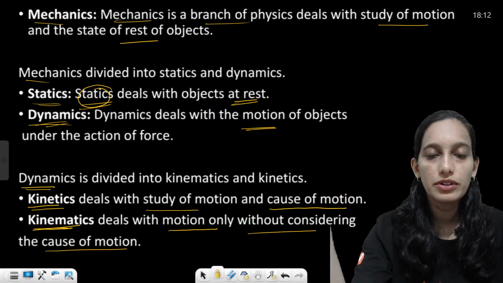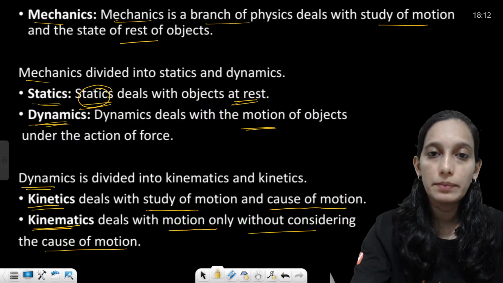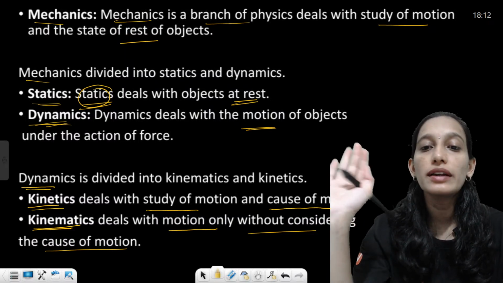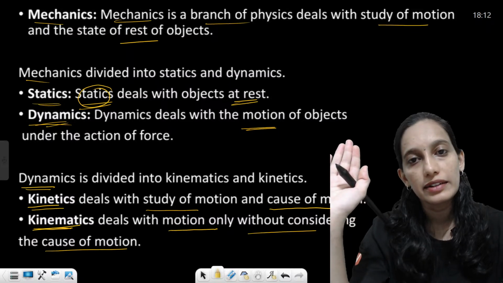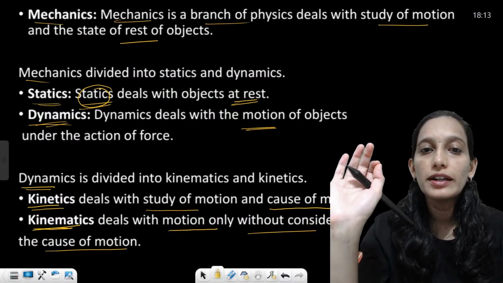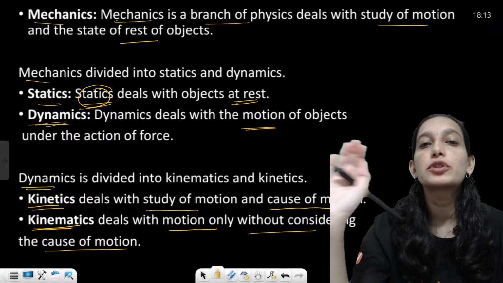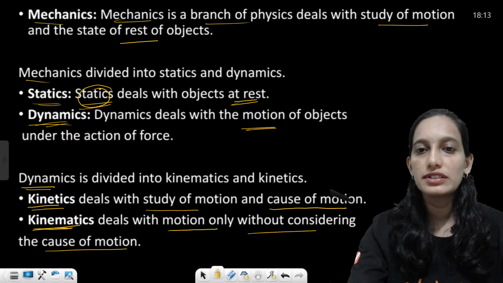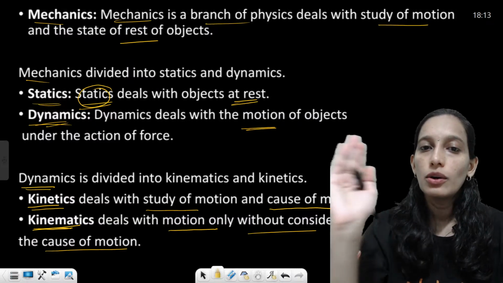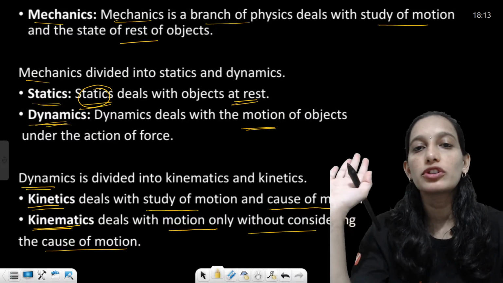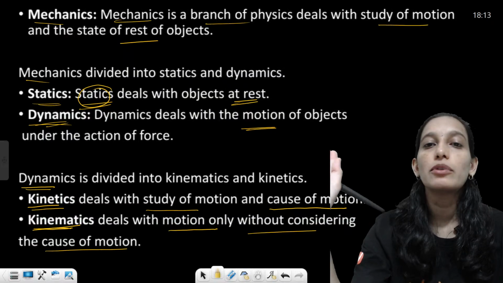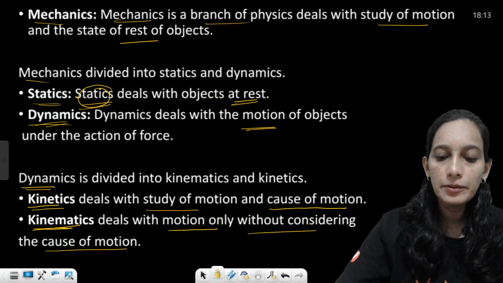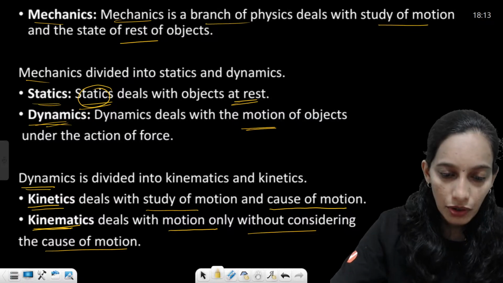But the chapter on motion in one dimension, or maybe motion in two dimensions, that is your next chapter. Okay, so motion of an object in a plane is also going to be kinematics. There we are not going to bother about the nature of the forces that are acting. We consider only the description of motion. What is its velocity, what is its acceleration, what is its position, what is its displacement. That's all. We never bother about what is causing that type of motion. So that is the slight difference between the words kinetics and kinematics. Hope it is clear.